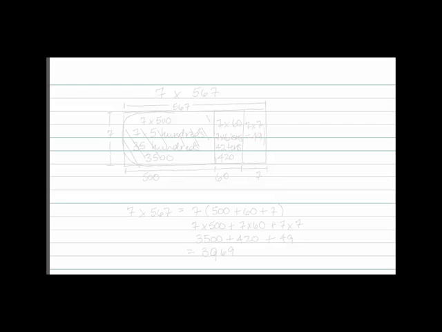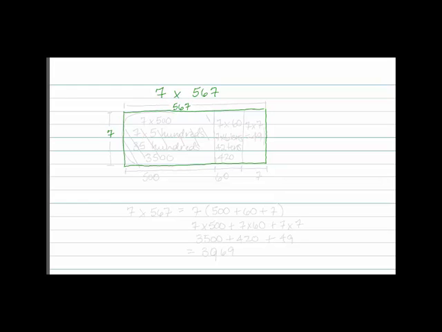Alright, let's look at an area model for our problem 7 times 567. So we're going to represent this multiplication with a rectangle. Rectangles are terrific ways to model multiplication because if we multiply the length times the width, it gives us the area, and then we have our